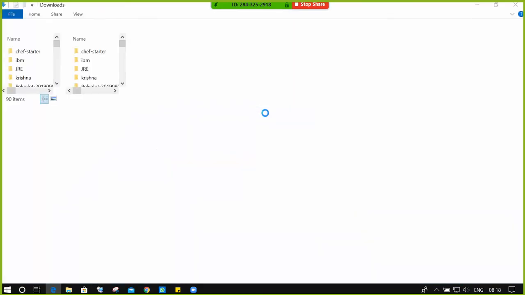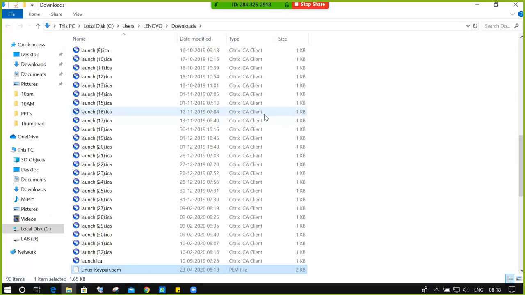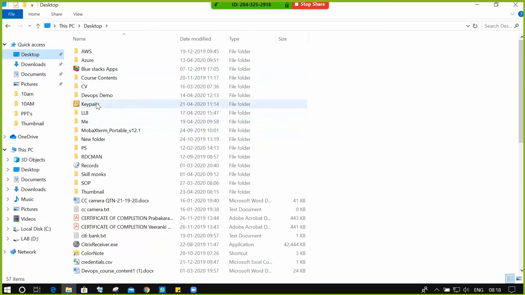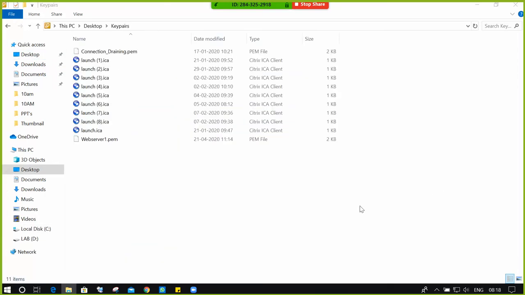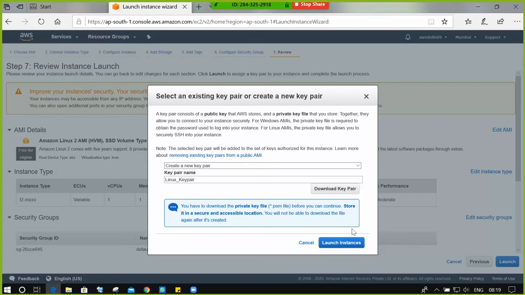Open the folder, and it is better to paste it into the desktop keypair folder. Now click launch instances.